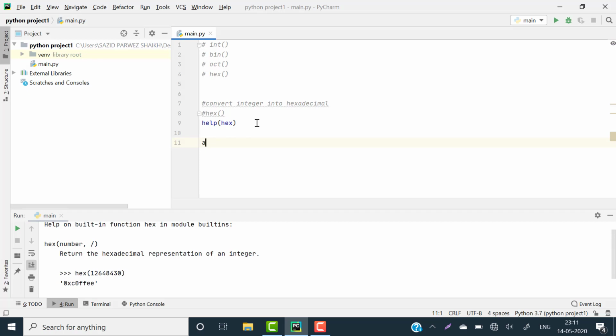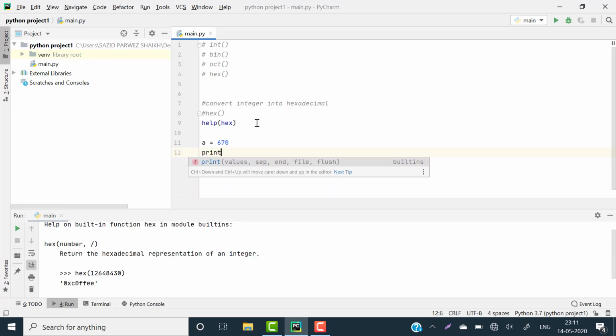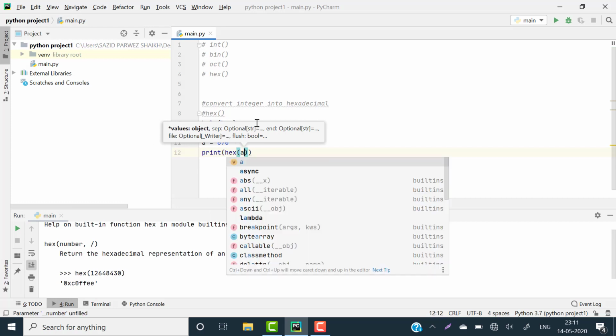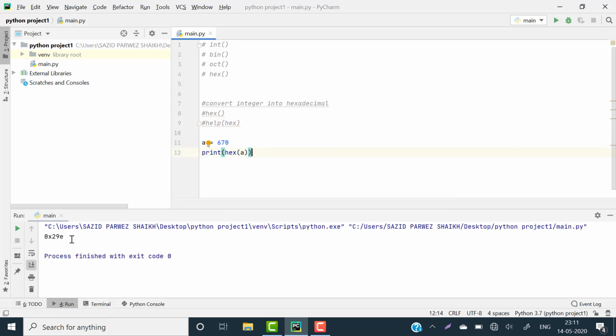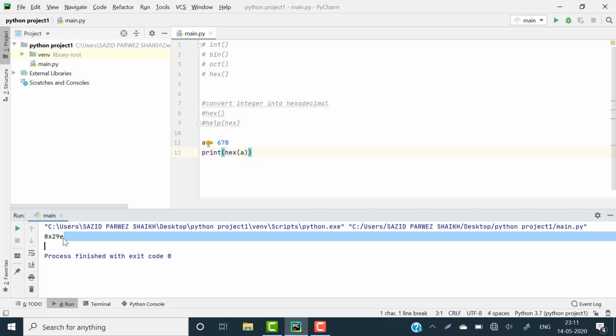I am creating variable name a is equal to 670, print hex a, and run this program and see, 0x29e is the hexadecimal representation of decimal 670.